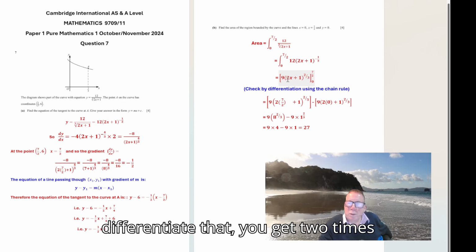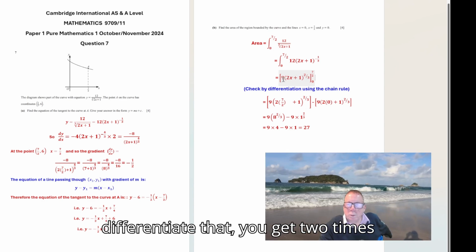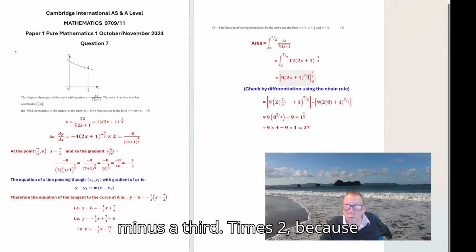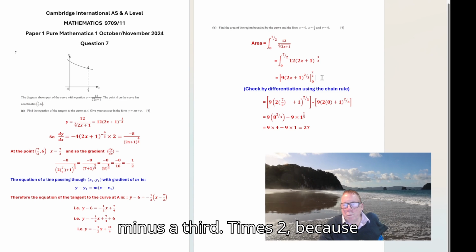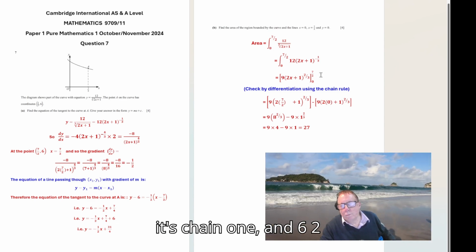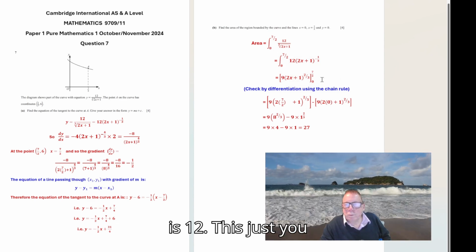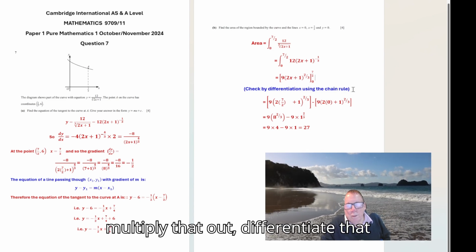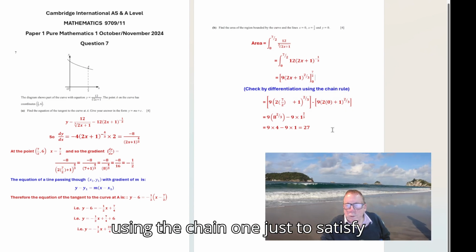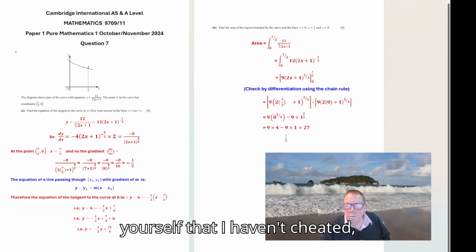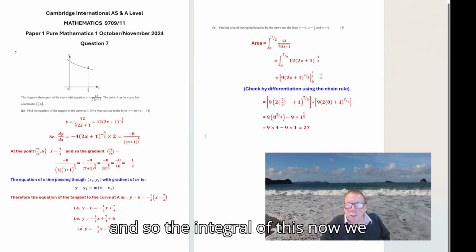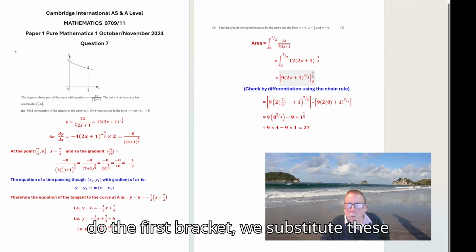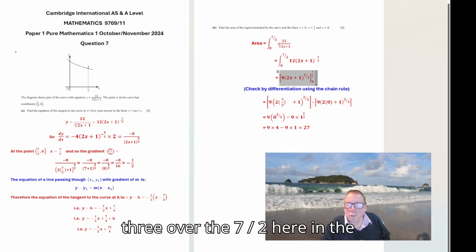So when you differentiate that, you get 2 times 2/3 times 9, which is 6, bracket, power of minus a third, times 2, because it's the chain rule. And 6 times 2 is 12. I suggest you multiply that out and differentiate that using the chain rule just to satisfy yourself that I haven't cheated. And so for the integral of this, now we do the first bracket, we substitute the 7 over 2 here